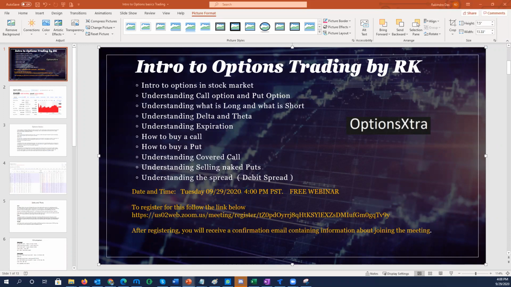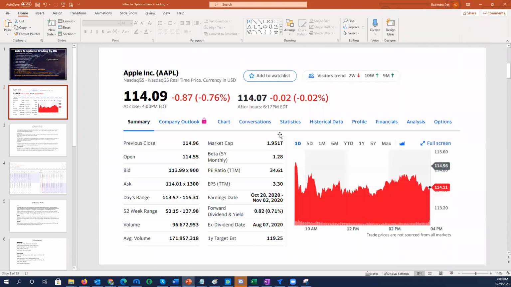Okay, so far this slide is about the overview. Next slide I'll cover. So basically, most of you are trading stocks. When you trade stocks, there is something called the stock price and the stock symbol. Most NYSE stocks have up to 4 letters, 4 tickers nowadays, so 1 to 4 tickers.